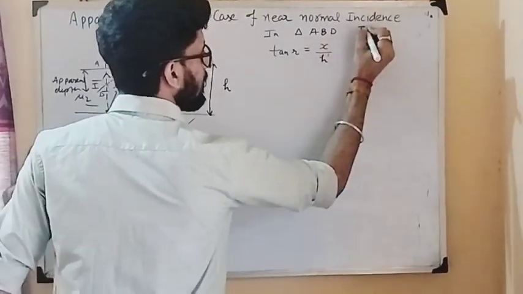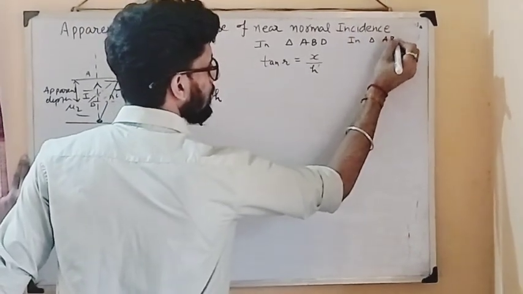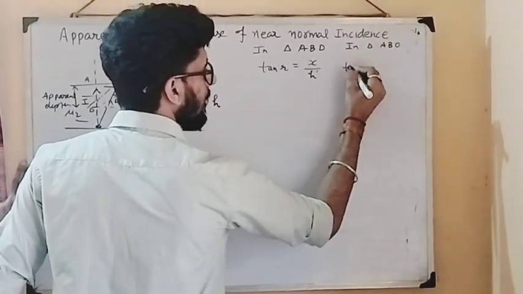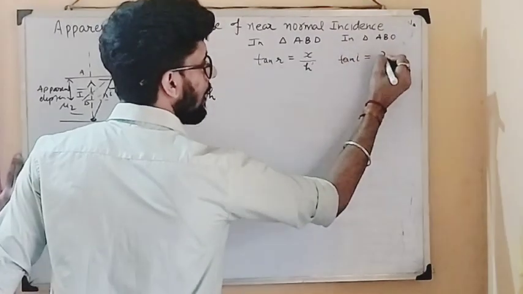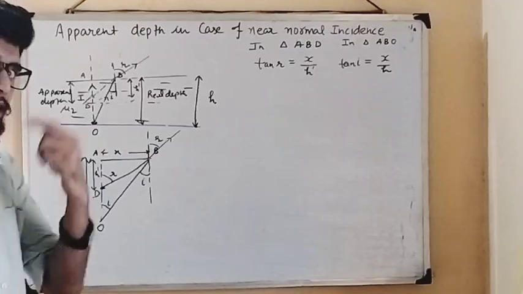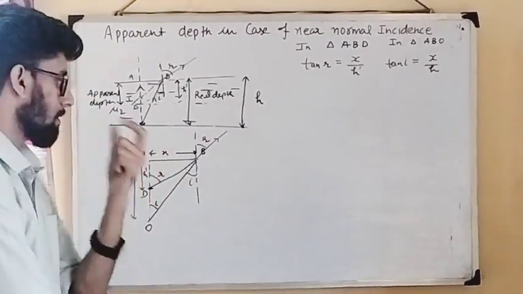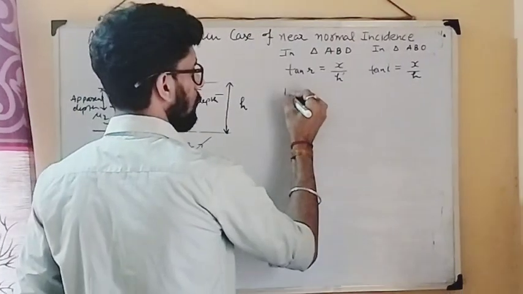Similarly in triangle ABO, tan i is equal to x upon h. Now why we have to find this, and how is it going to help us? Using Snell's law,